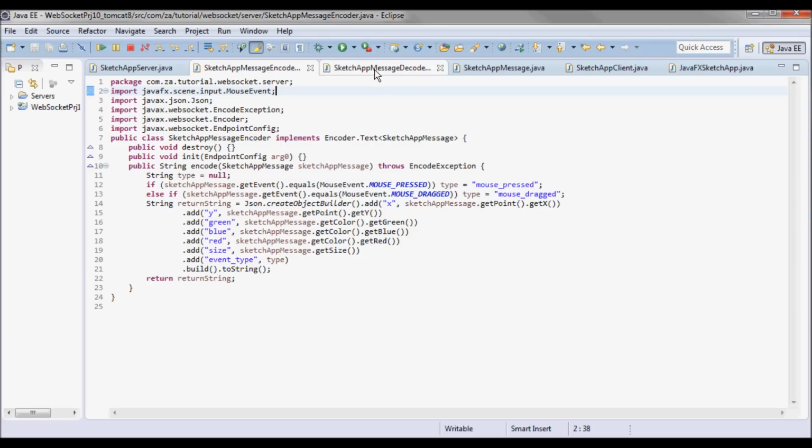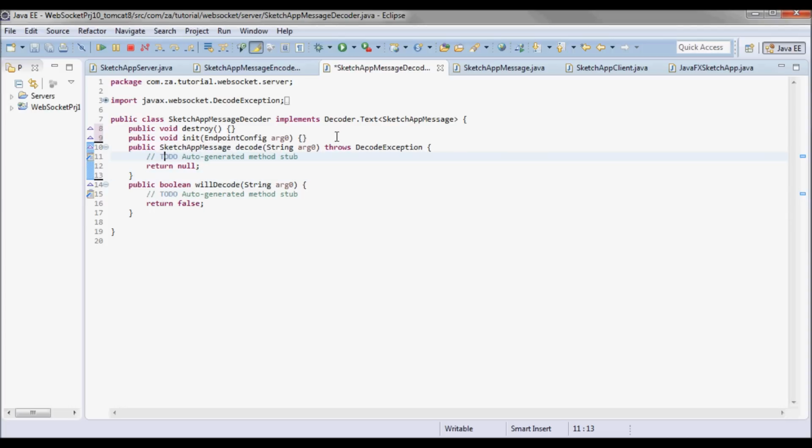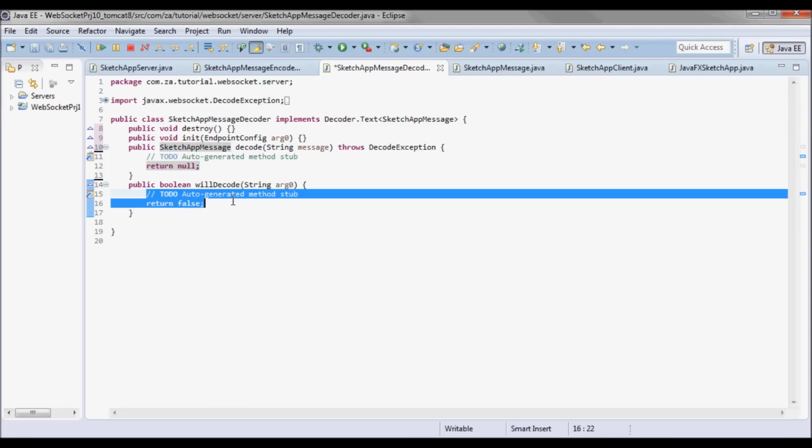Next, let's go to the sketch app message decoder. So here in the decode method, what's going in is a string, and what's coming out is a sketch app message. But first we want to find out if it will decode.